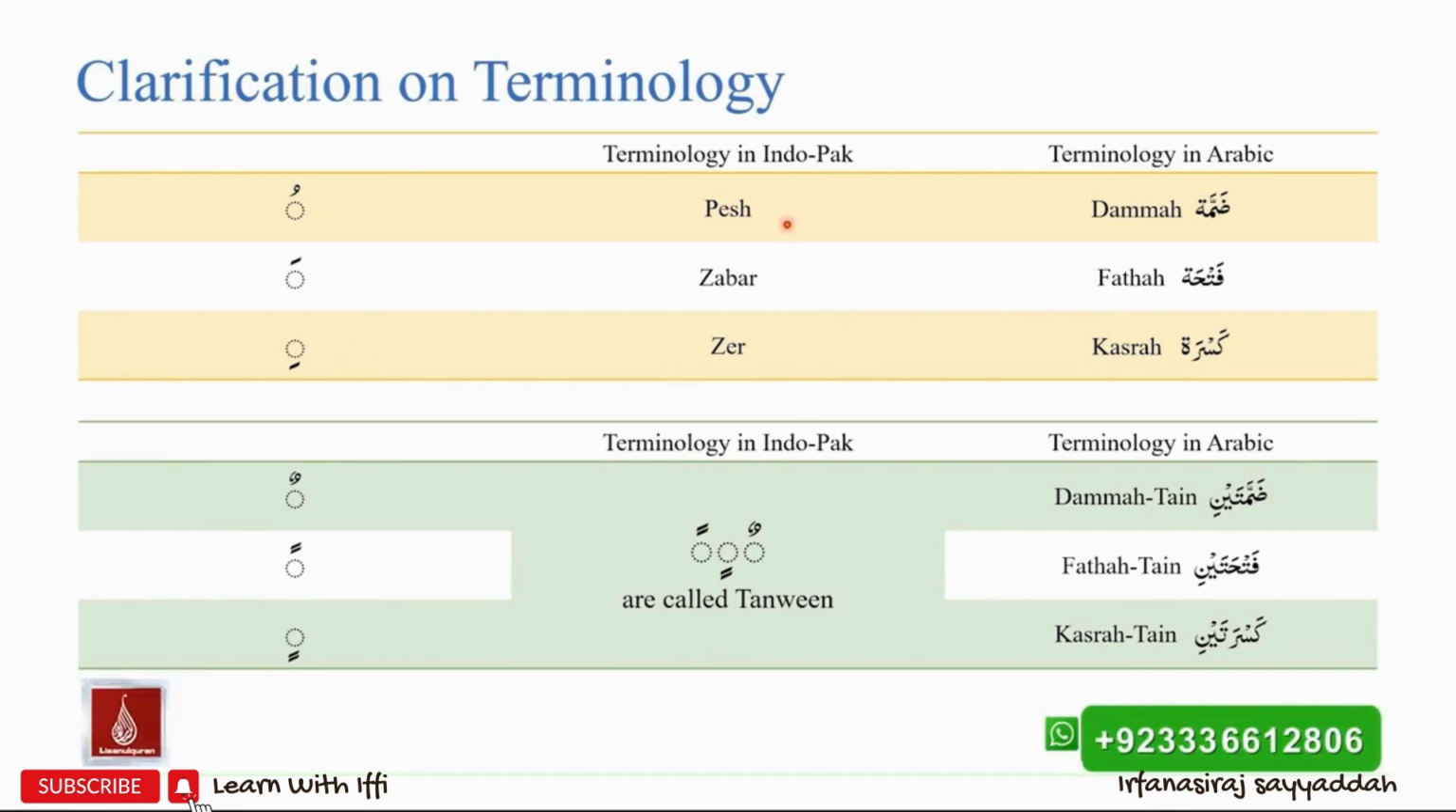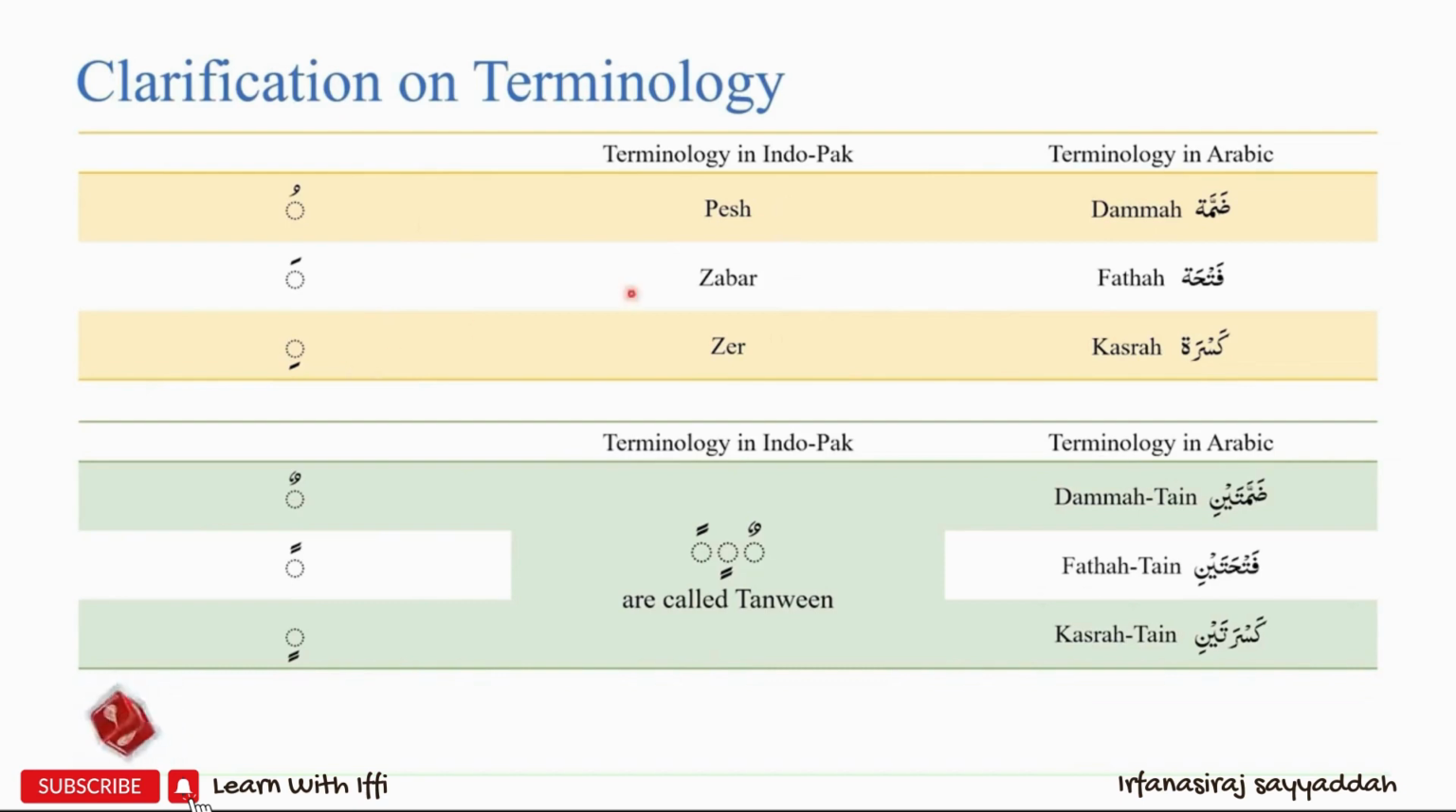So in our lectures, I often refer to these as pesh, zabar, zair, but the corresponding terminologies in Arabic are damma, fatha, and kasrah. Similarly, these symbols with the double pesh, double zabar, double zair in the Indo-Pak region are collectively referred to as tanween. In Arabic, the double pesh is called dammatain, the double fatha is called fathatain, and the double zair